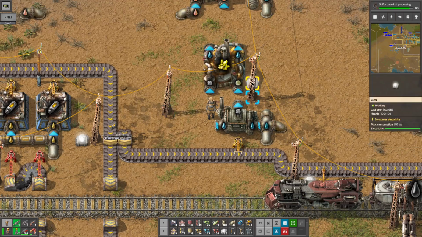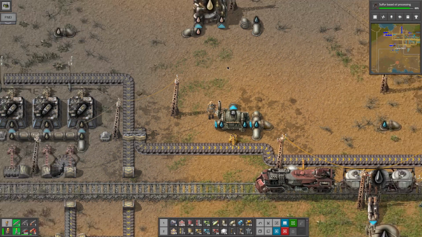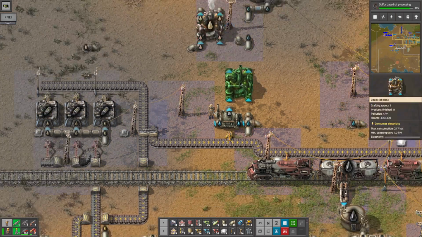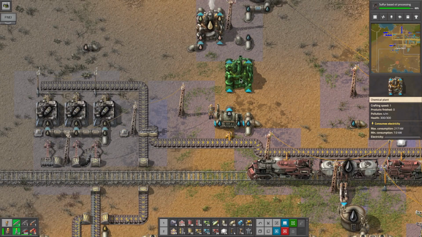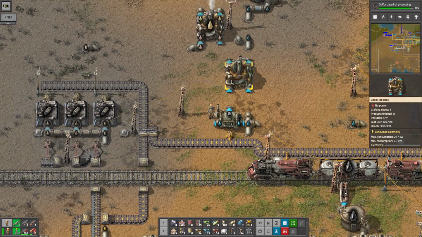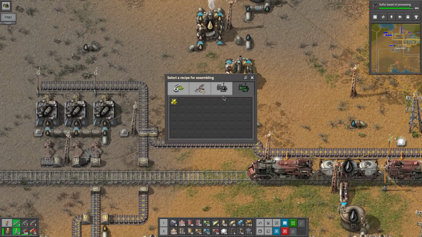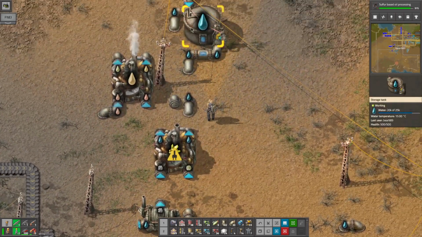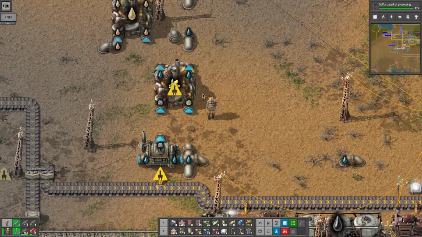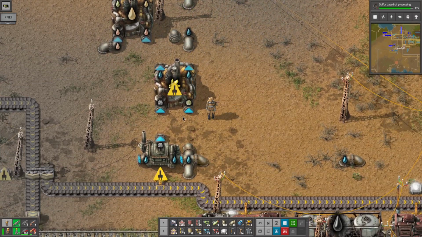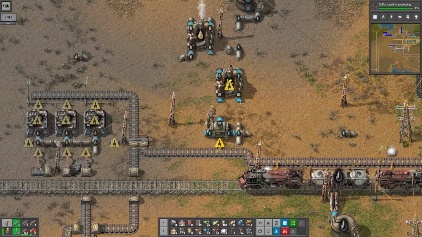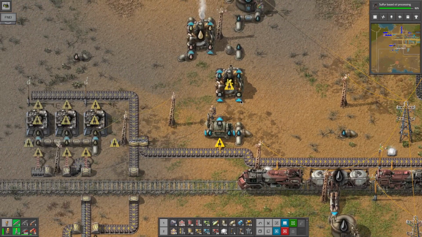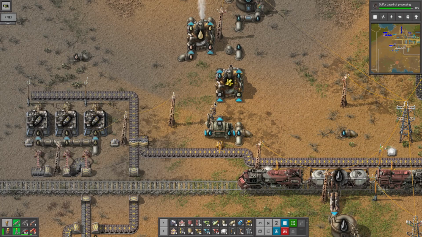Okay, so that wants it to be on the opposite side. We'll move it up to about there. And that's going to give us water, which needs to go into there. So we need to get the acid gas here, and